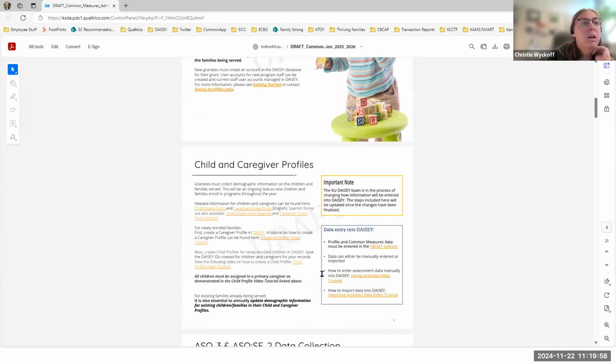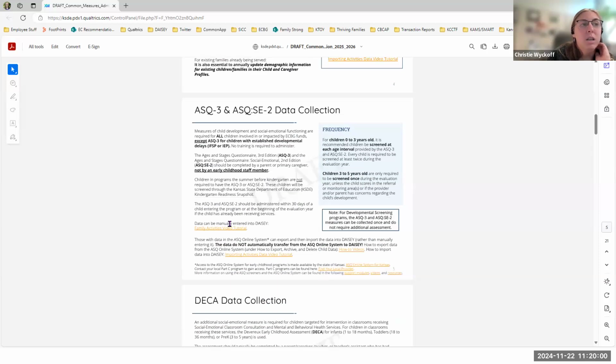Find your measure here and then make sure that you are clicking on the link to know what training you'll be required to do, and how much the assessment costs to purchase. Those have to be purchased using your ECBG funds. Also look at any other training, support, how to implement the measures, the frequency of the measures, how many times a year you'll have to do them, et cetera.